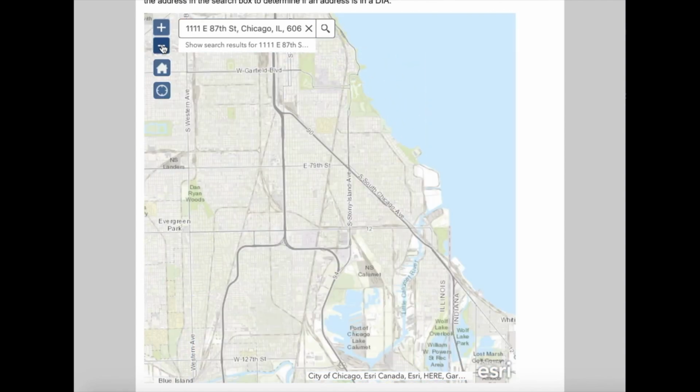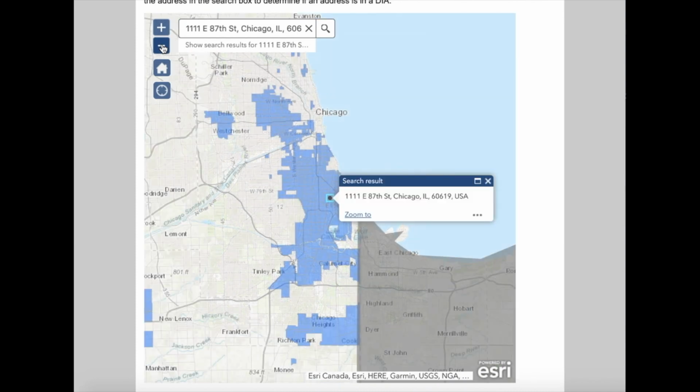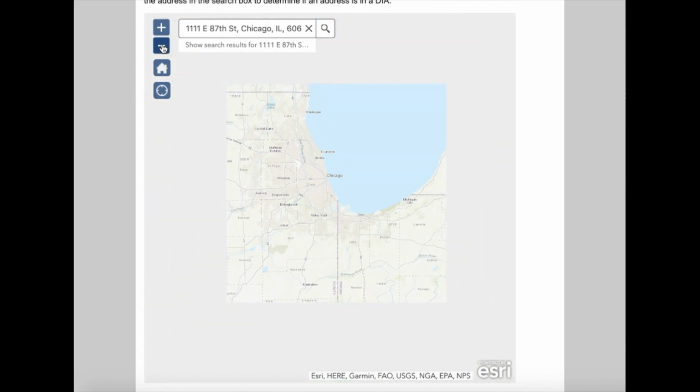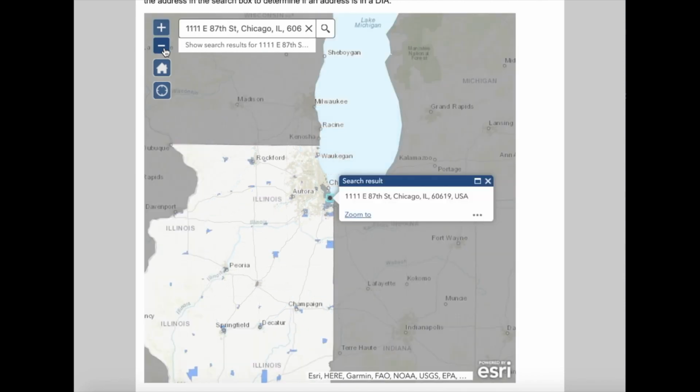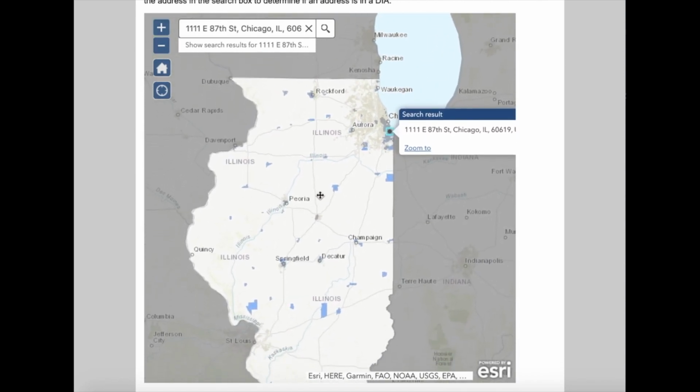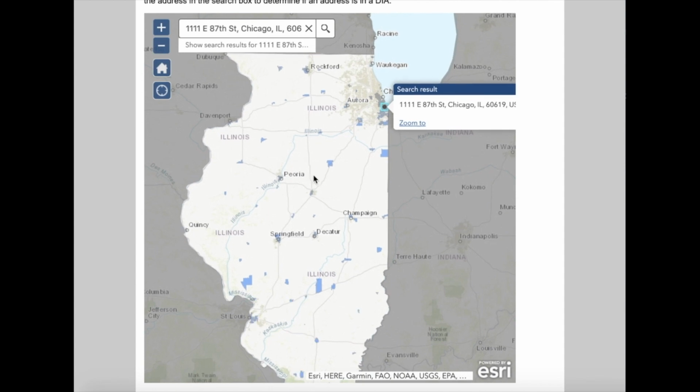There are large swaths of Chicago that meet this criteria, and if we zoom out here, you're able to see as a whole the areas in Illinois where you would qualify for disproportionately impacted area status as a social equity applicant. Now, after viewing that video, you know how to find out if you live in a disproportionately impacted area. I'm going to continue the presentation by going over some relevant facts that you'll need to know before submitting your application. The first is that applications are due on March 16, 2020.